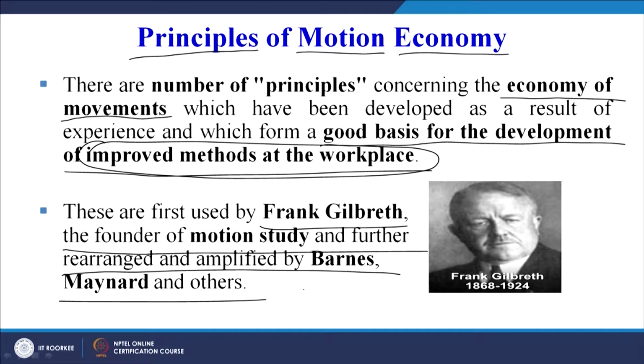So a number of researchers have worked and used their experience and intellect to develop these principles, and these principles form a sound background for improving the current method of doing our work. If we follow these principles and analyze the current method, they will guide us in the right direction, and we will definitely be able to economize the movements of the worker on the shop floor.